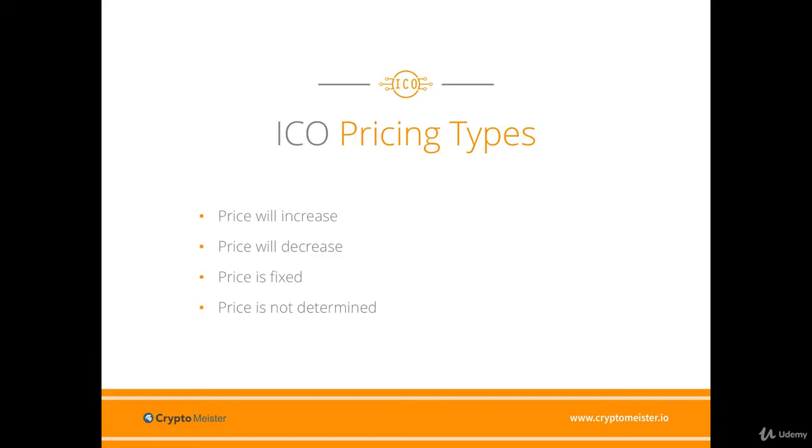There may be a decreasing price. The Gnosis team introduced the Dutch auction method, where the sale starts at the highest price per token and is lowered until there are enough bids to sell all tokens. All the tokens are then sold at that price. In a fixed price scenario, all tokens are sold at the same fixed price. Investors find this an appealing method because large investments will not generally influence the price.